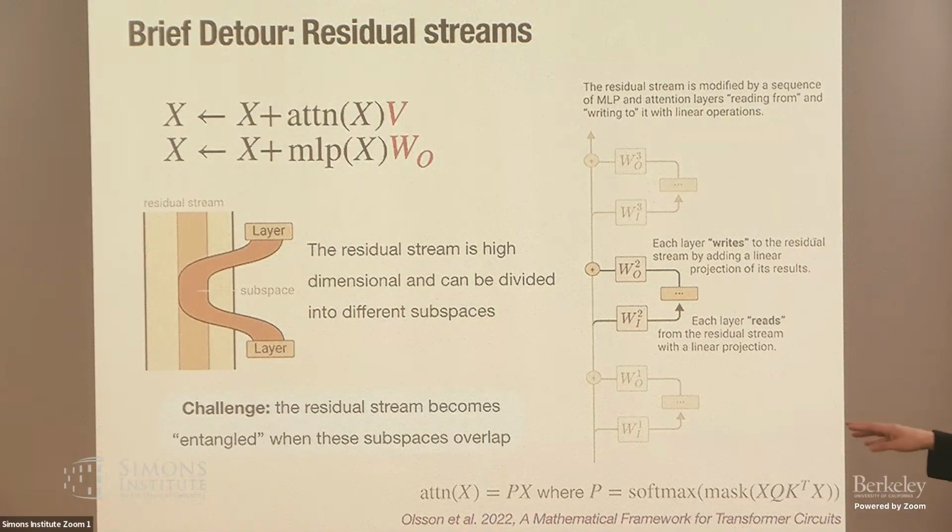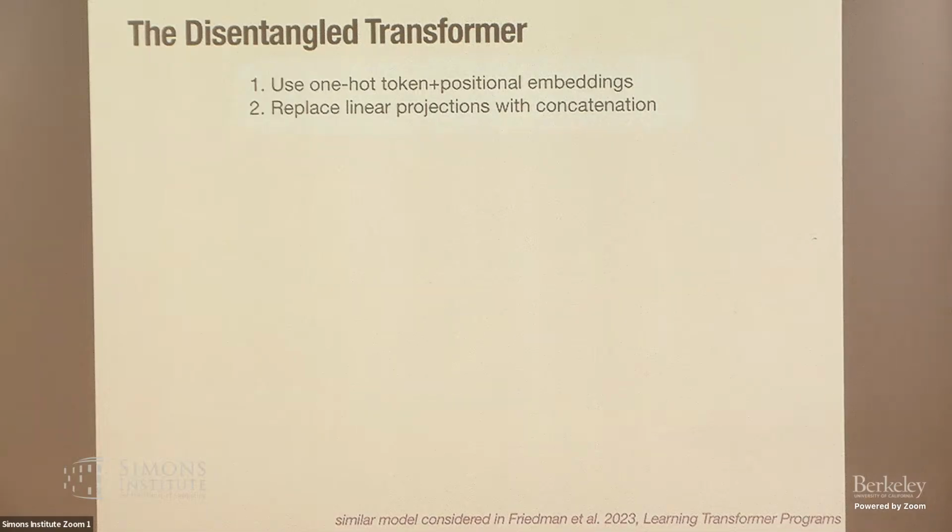So basically, what I said would be very easy if the subspaces were exactly orthogonal. Think of absolute positional embeddings. Then you can recover the exact position. But if the positional embedding was of dimension lower than the sequence length, from something like Johnson-Lindenstrauss, you can kind of recover the position, sort of. And that's what they're trying to say here. Instead, I'm going to look at a different architecture that people use in mechanistic interpretability called the